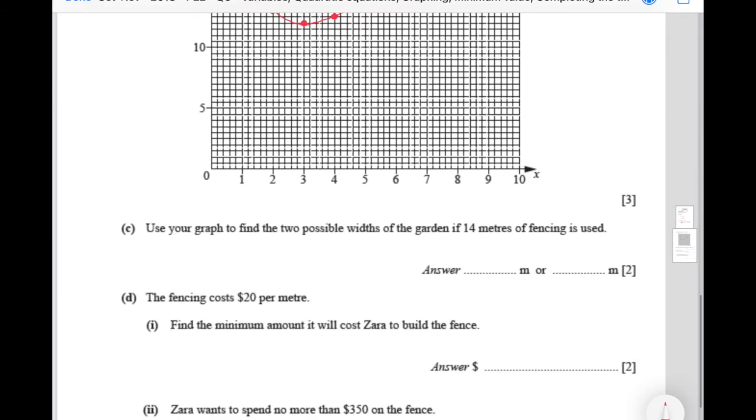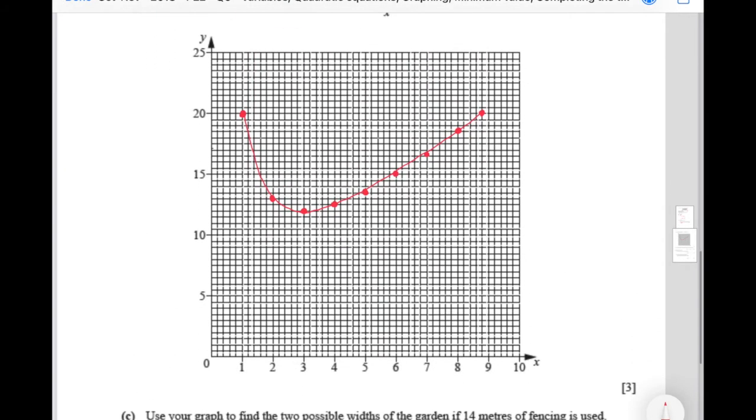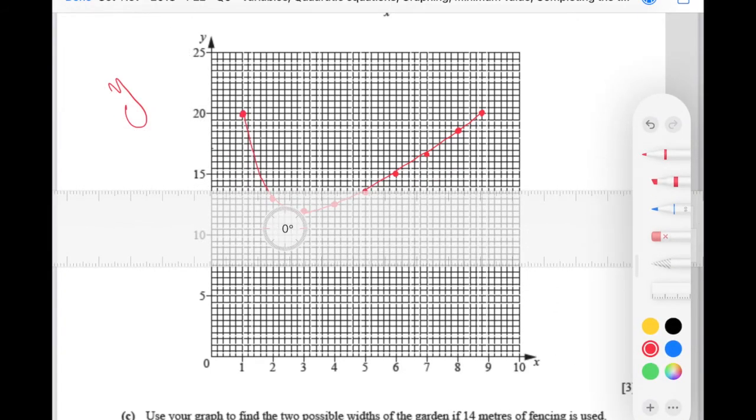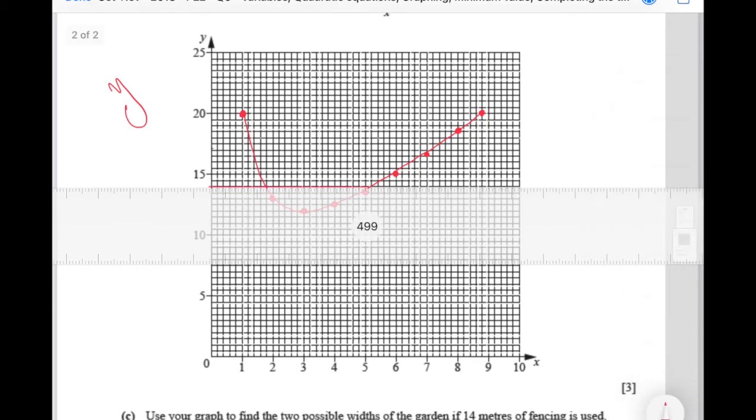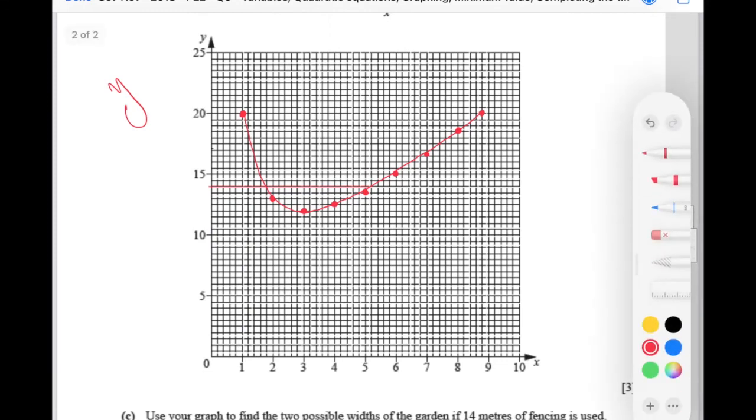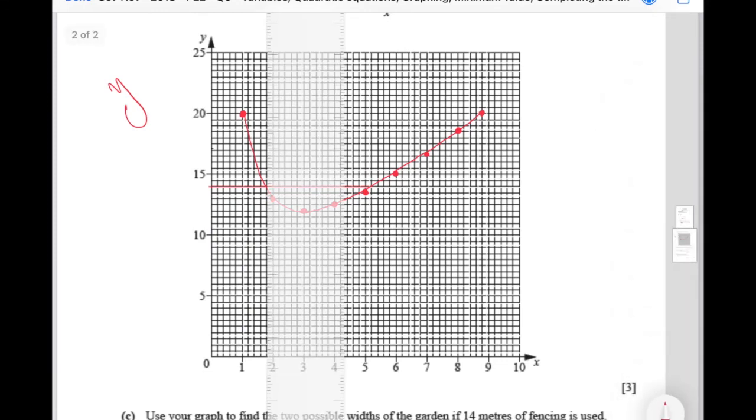So the next part says use your graph to find the two possible widths of the garden if 14 meters of fencing is used. The fencing is of course the values of y. So if 14 meters of fencing is used, let's find where 14 is. So 14 is going to be right there. So if I draw a straight line like this and I find the values of x at these points, this one, and